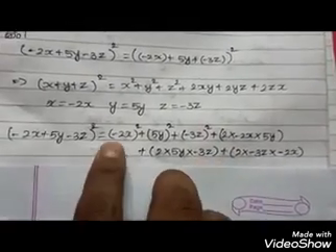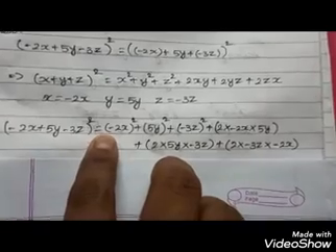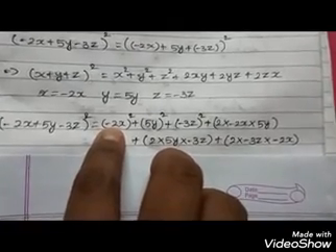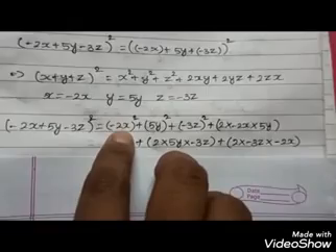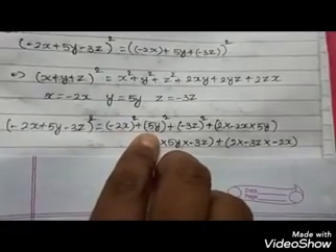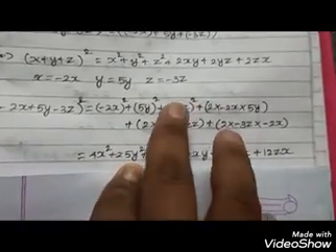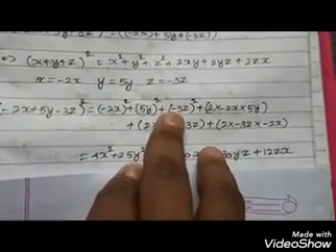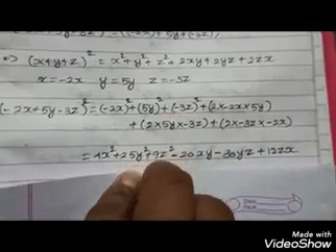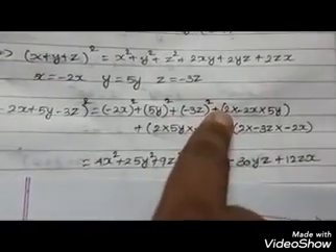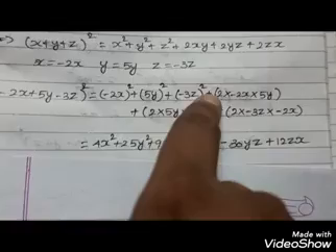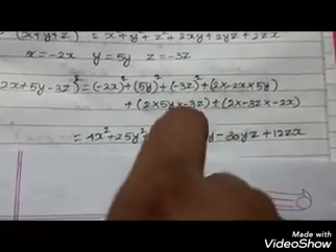Now minus into minus is plus, and 2 2s are 4, x becomes x square, so 4x square. And 5 becomes 25, y becomes y square, so 25y square. So this one, minus into minus is plus, so 3 3s are 9 z square. So now plus into minus is minus. So totally you get minus.